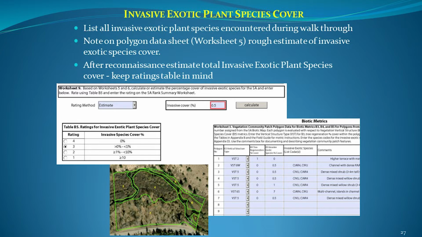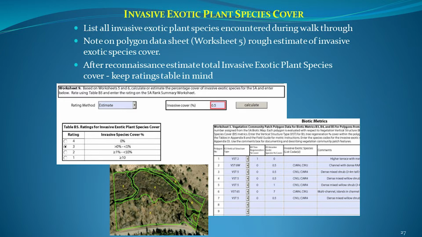Usually it's an estimate. Each polygon has a percentage cover. So for our polygons on our example site, polygon 1 didn't have any noxious species. But all the other polygons had some cover. Most of them were a small amount, like 0.5%. There was one that had 1%, and then there was 7%, but that 7% was in a pretty tiny polygon,